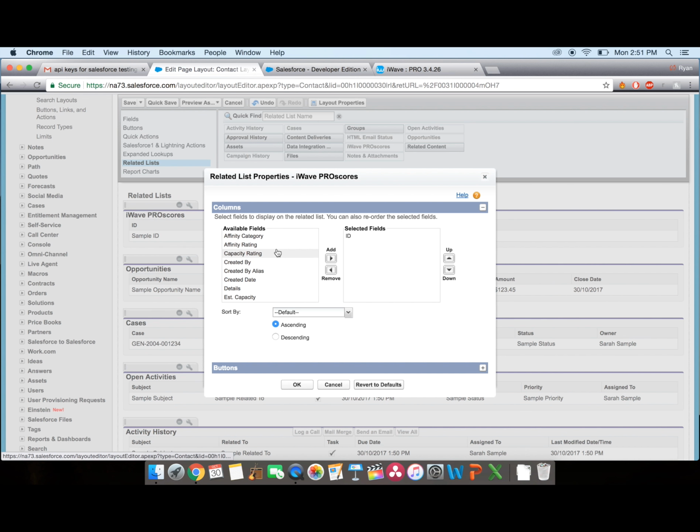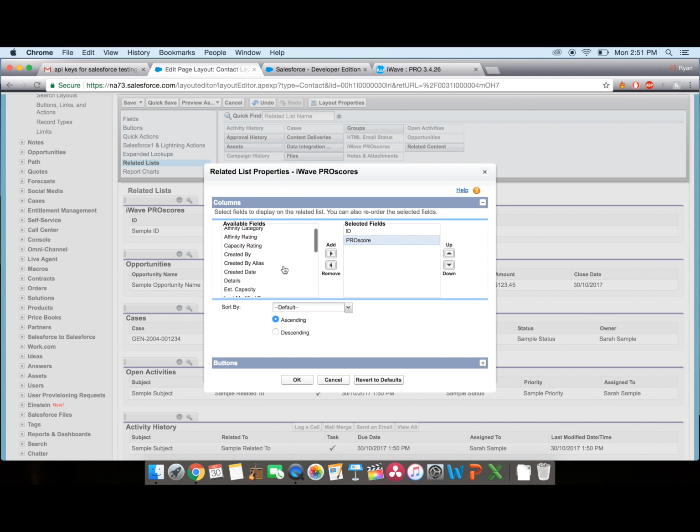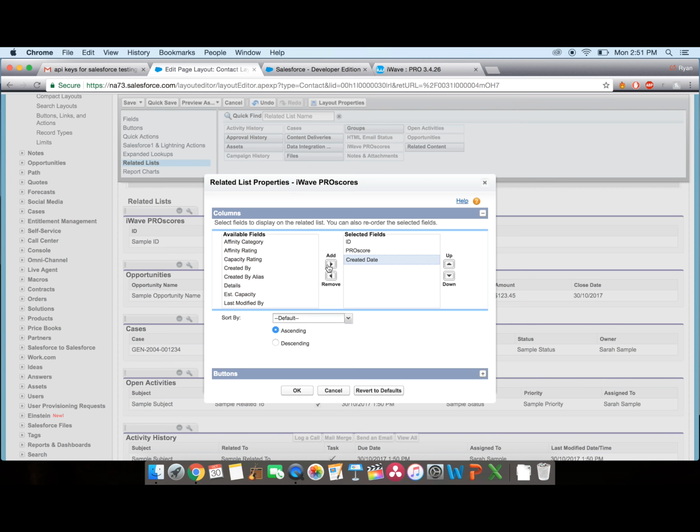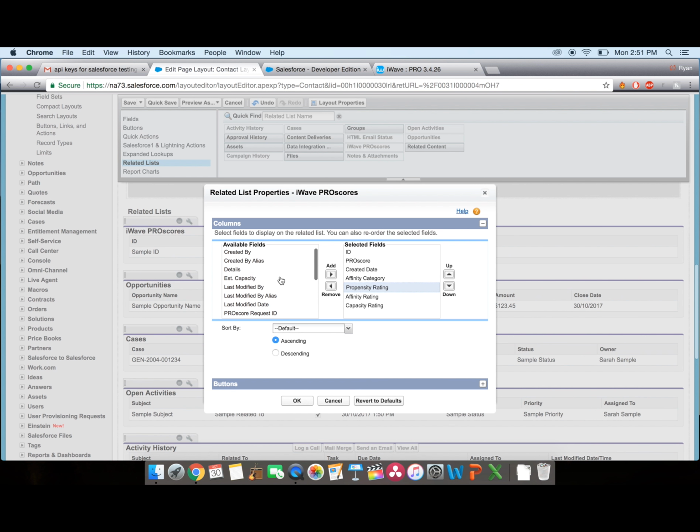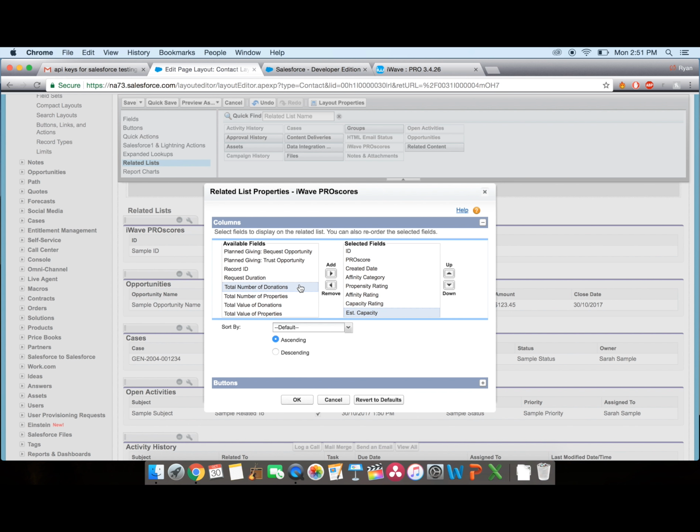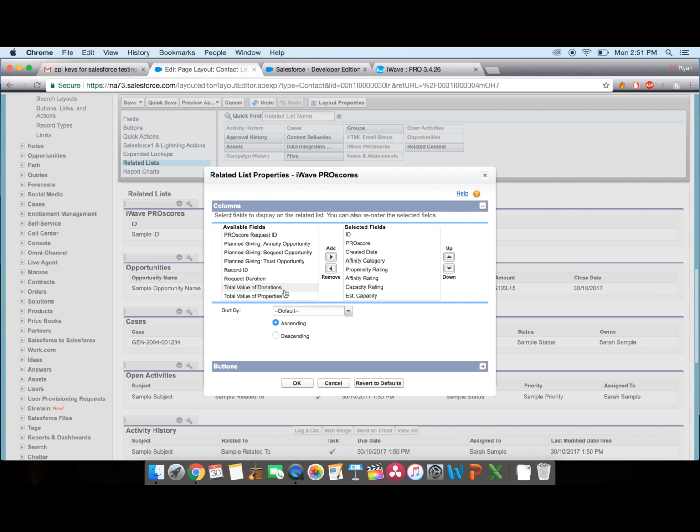And now we're going to add any available fields to the ProScore window. So obviously we want ProScore. I recommend also having a date. I'm going to put created date, but it could be any date, just to keep track of if you're running multiple ProScores on one contact, to keep those organized. And then I'm really going to select some of the default settings that we have: the affinity category, affinity rating, capacity rating, propensity rating, estimated given capacity, and so on. It's really up to you what you're looking to have in your ProScore to add in. So I'm going to go with the default settings, but as mentioned, it's up to you which fields you'd like to add. So we're just going to finish this up here, and you will see that there's a maximum of